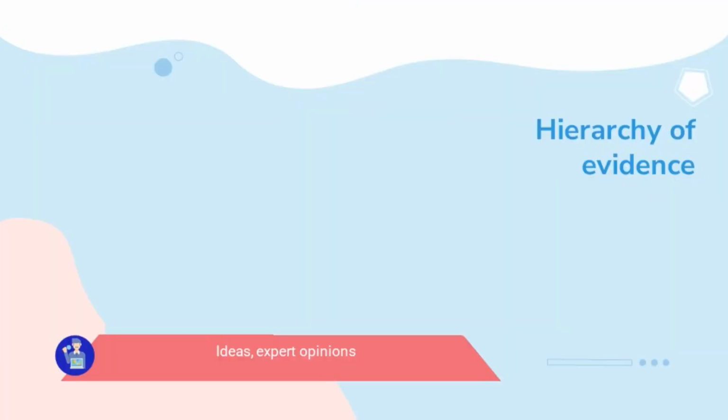This hierarchy is always presented as a pyramid, with expert opinions and media articles at the very base as the most unreliable source of evidence. This means that if you ask an expert about something or read an interview with him in a magazine or newspaper where he gives his opinion rather than broadcasting research results, this is information that you can listen to, but it is not unequivocally the truth in the last instance.